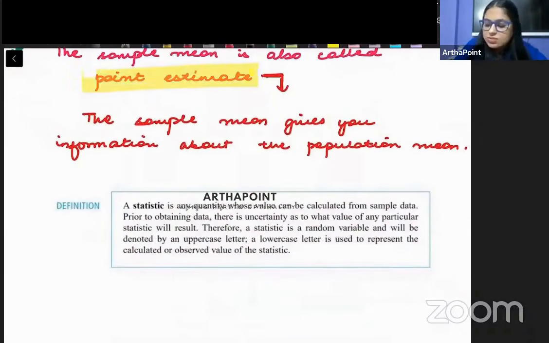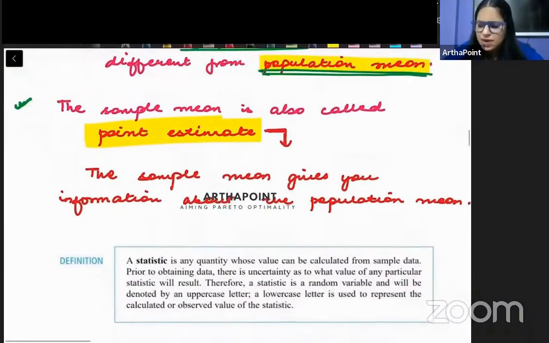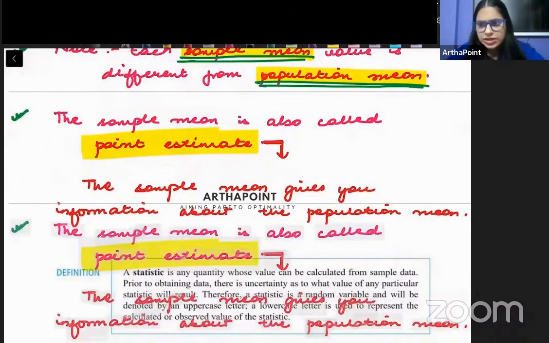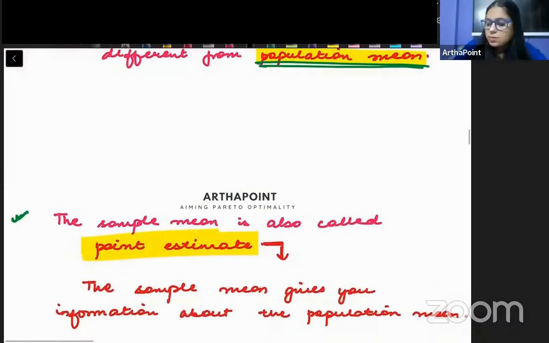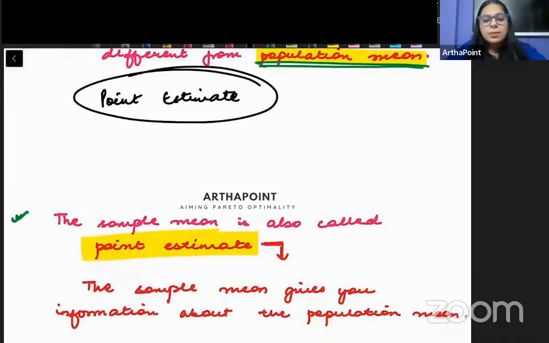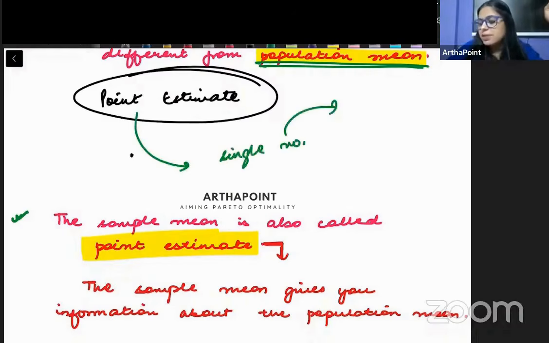Now let's go ahead and read this out. अब एक बात आती है जिसे बोला जाता है point estimate. तो इस पे हम थोड़ी बात और करेंगे in the coming classes. We will talk more about this. But there is something which is known as a point estimate. राइट बेटा, point estimate मतलब एक नंबर. One point means क्या होता है? Dot. One number. So anything which is a point estimate is a single number which is helping you understand more about the population.